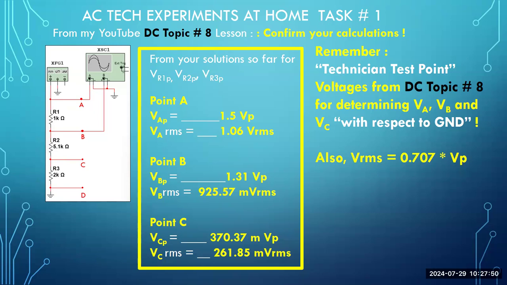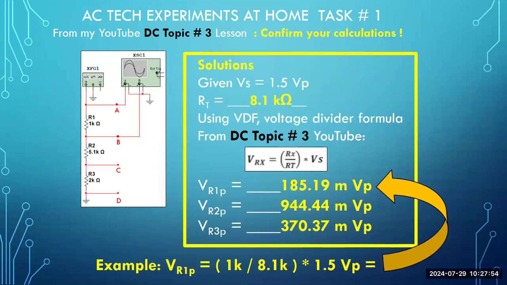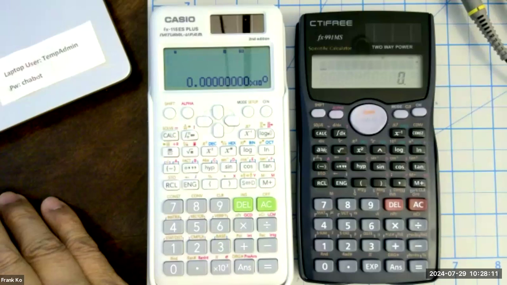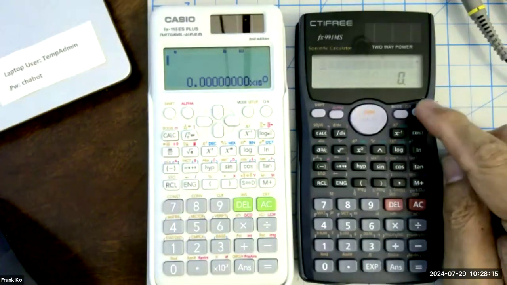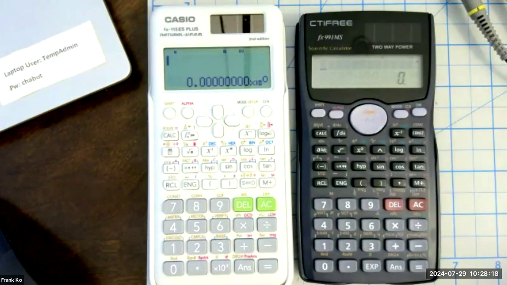Well, you have this written down previously right here. So the voltage across R2 was the 944.44 millivolt peak. The voltage across R3 is the 370.37 millivolt peak. So let's switch to camera mode. And in my camera mode, what we're going to do is clear, and we're going to do